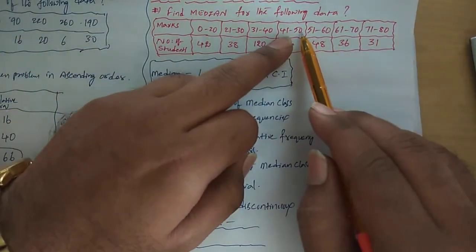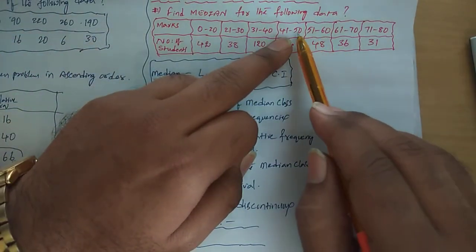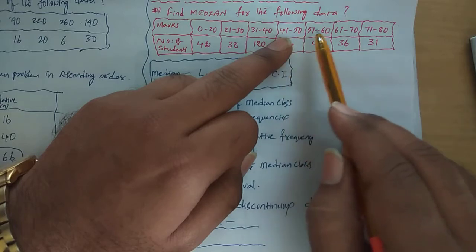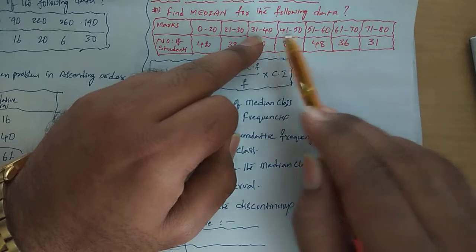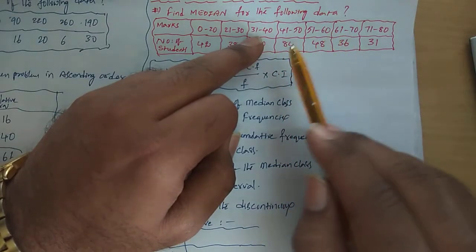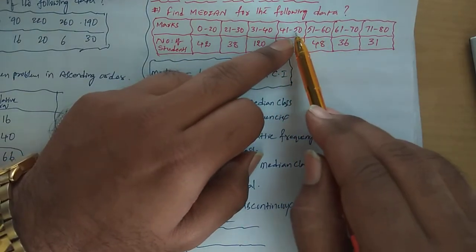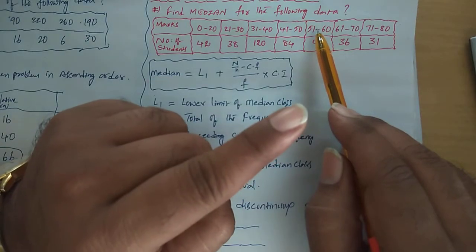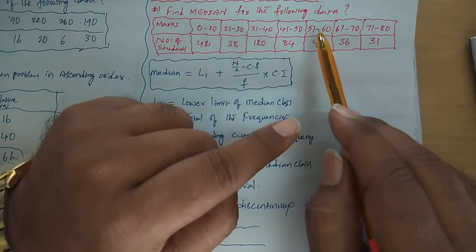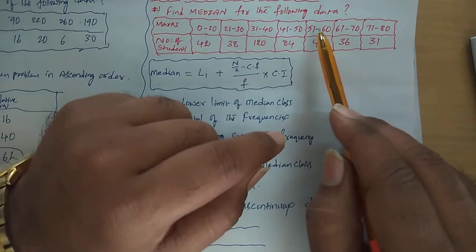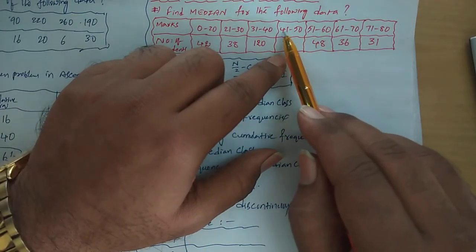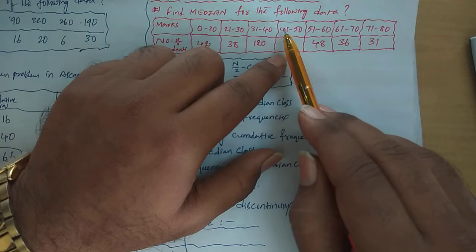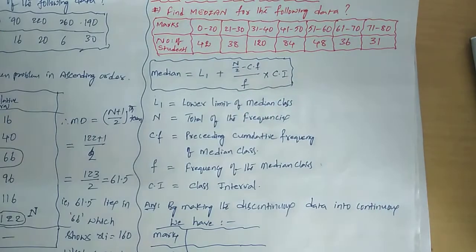Let us come to here. Again, these two are consecutive intervals. Side by side should be there. If you take this, you will get the wrong answer. Side by side: 50, 51, difference is 1. 1 divided by 2, that is 1 by 2. Again, that becomes 0.5. Add that 0.5 to the higher limit and subtract it from the lower limit. Then the data becomes continuous.